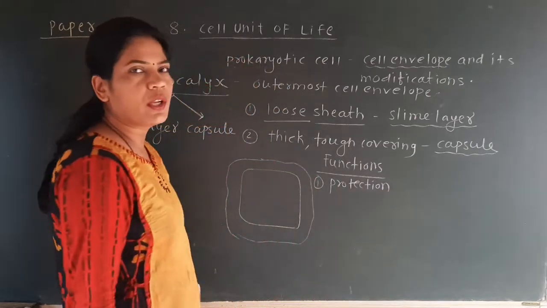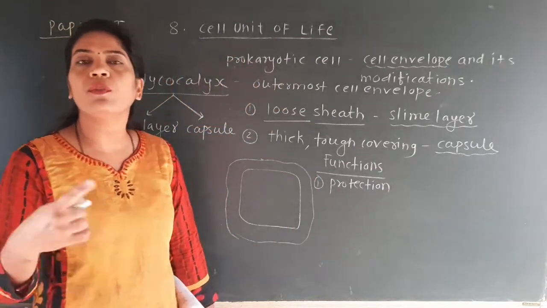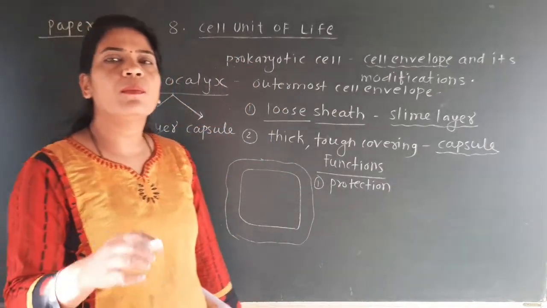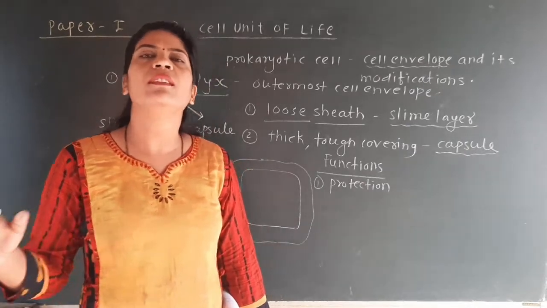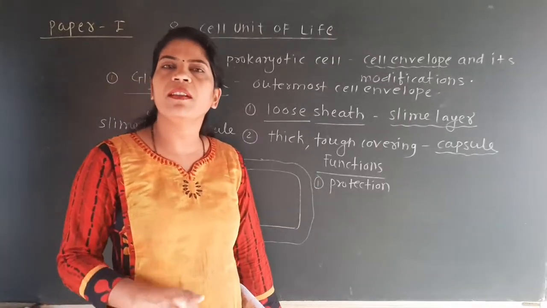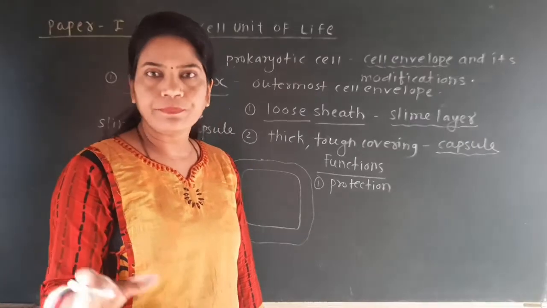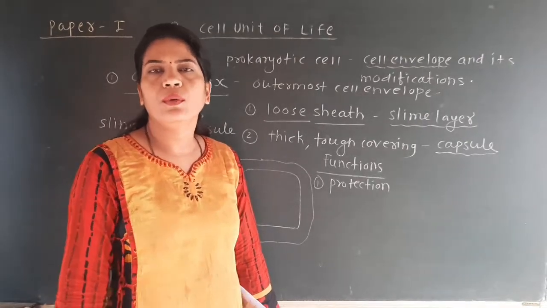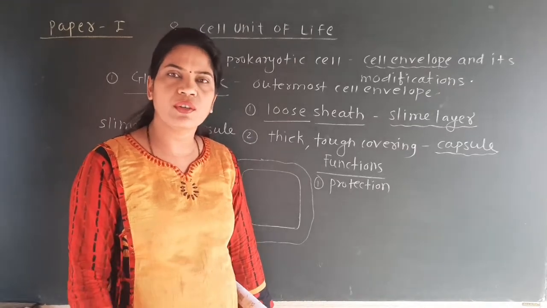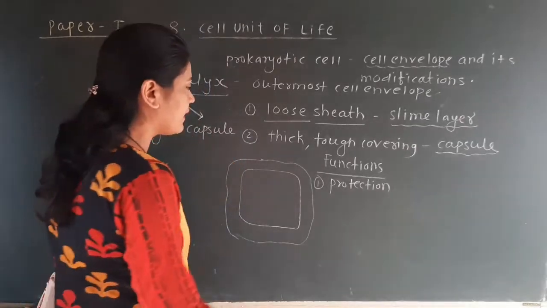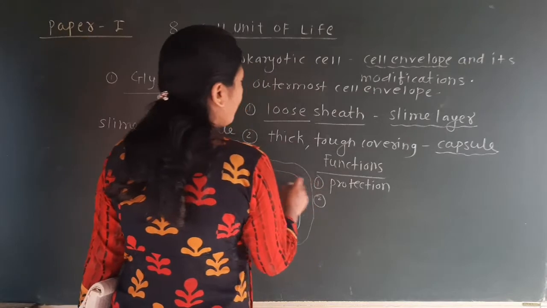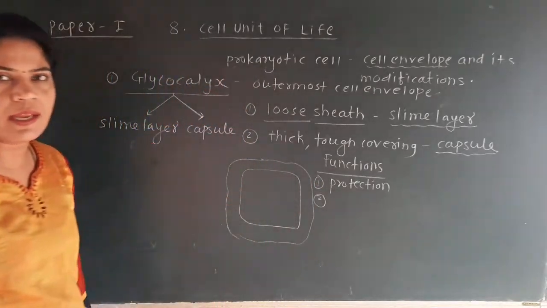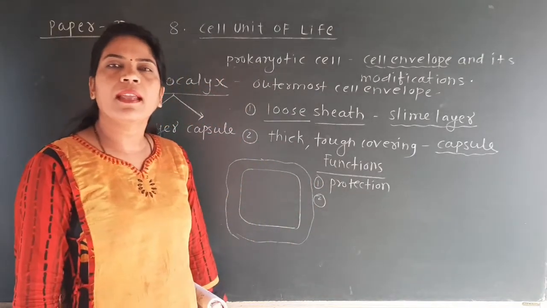It gives protection to the cell, no doubt, because it is the outermost covering and outermost layer of the cell, always facing different environmental stress, different outer stress. That's why it gives protection to the cell. So it is the first function of this glycocalyx. And the second function is that if we consider only the capsule part,